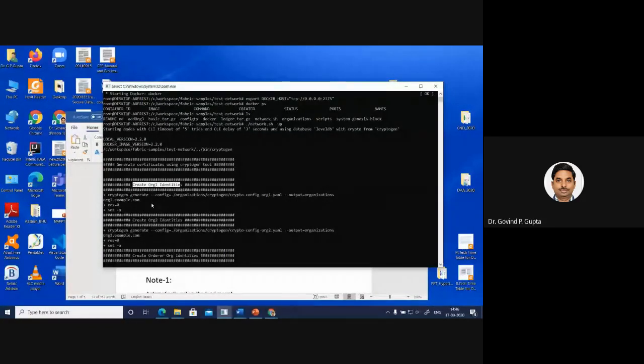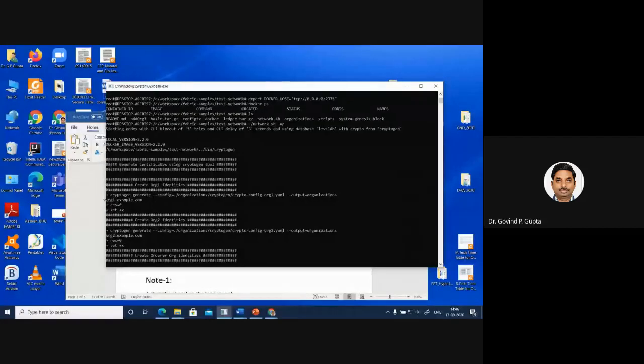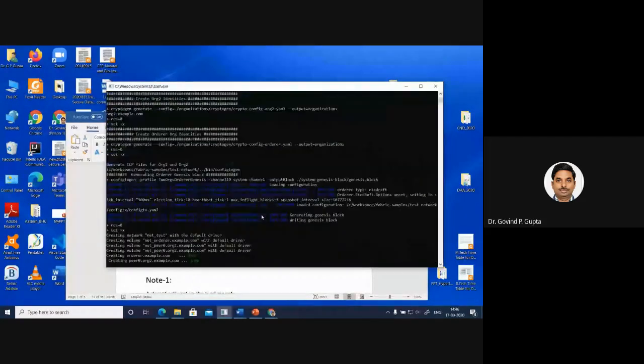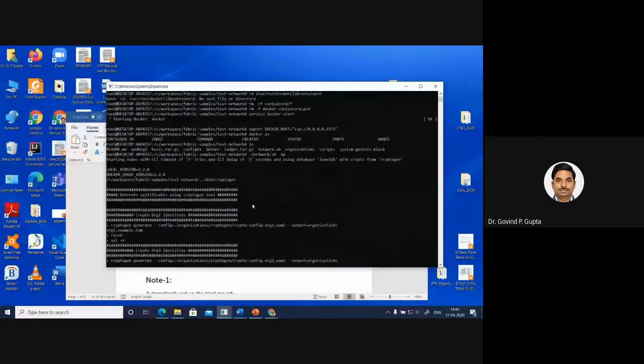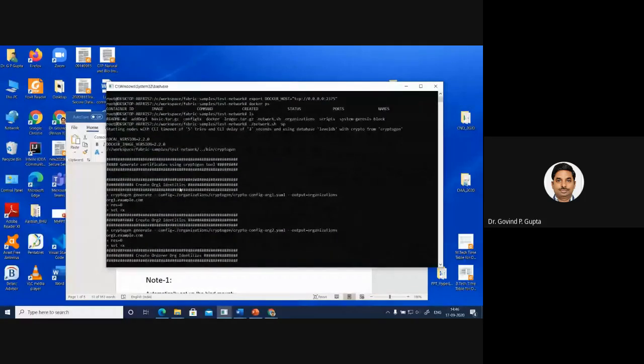The name of the org is org1.example.com, and the name of org2 is org2.example.com. So two organizations are created, org1 and org2.